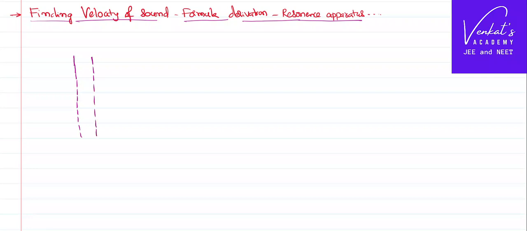long column which is closed at one end, open at the other end. It is filled with water partially, up to some extent. Here you take a tuning fork, hold it, and vibrate it. So the sound comes from the top of this